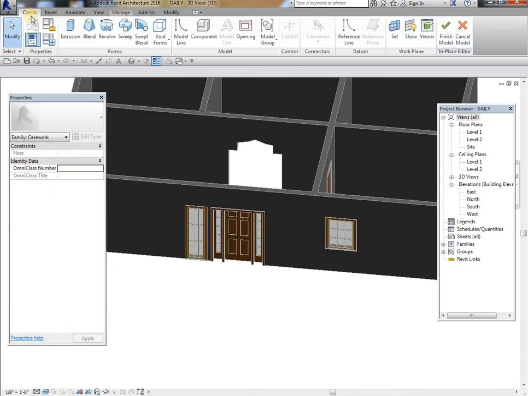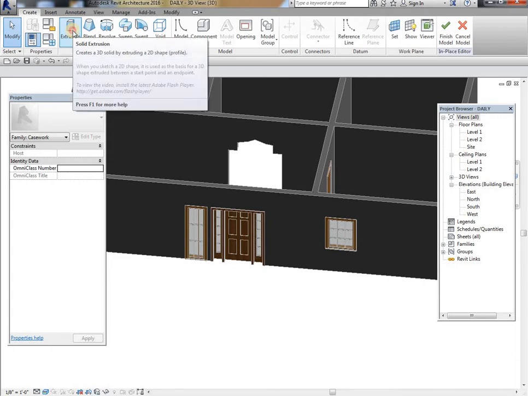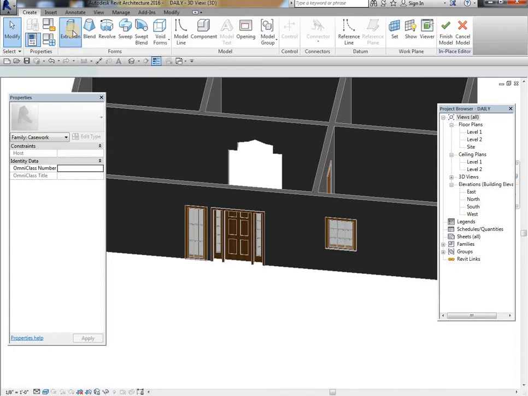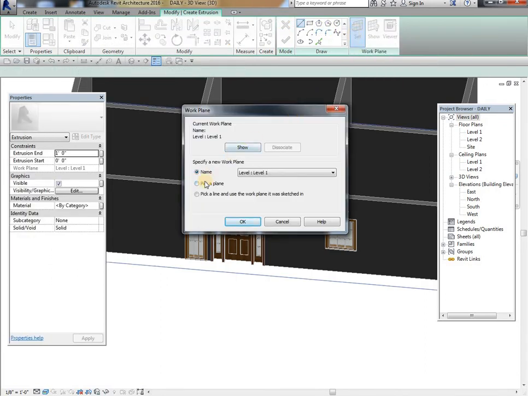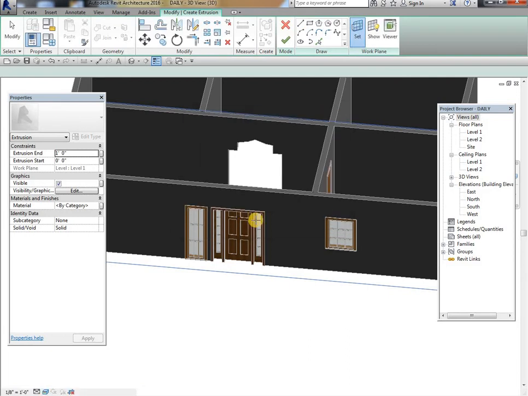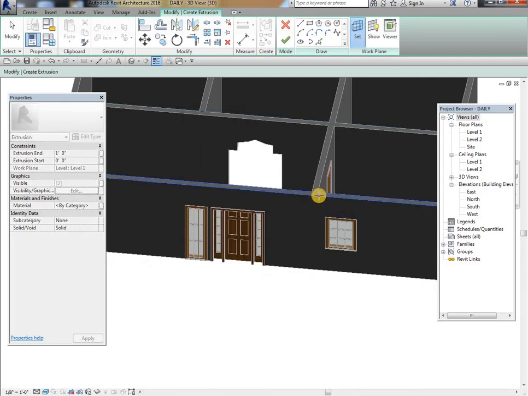See, the ribbon tool will be changed now. In that, the first one is extrusion. First I am going to select extrusion and then set a work plane, pick a plane. OK, I just select this front wall